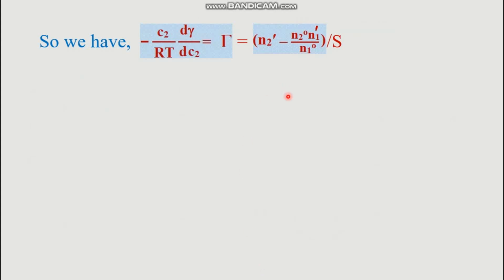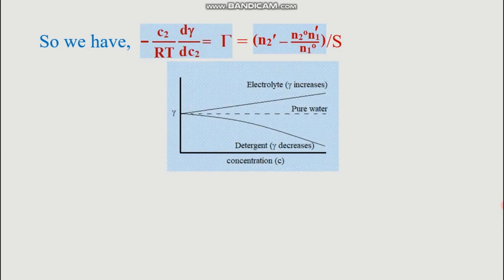So capital gamma has two expressions. One is this one, which we just obtained as equation number 32, and the other is equation number 30. This is the left hand side of equation number 30, which is actually the difference of the number of solutes per a particular number of solvent molecules between the surface and the bulk per unit surface area. So gamma has two expressions. Now let's